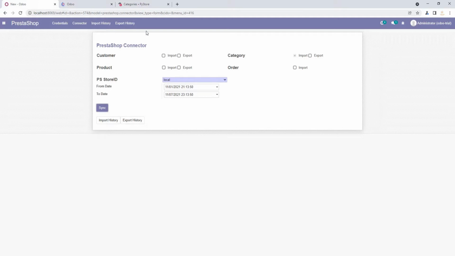Also, as I already mentioned, you can check all the activity information, like import and export operations, from this menu. It will take a few more seconds while loading.